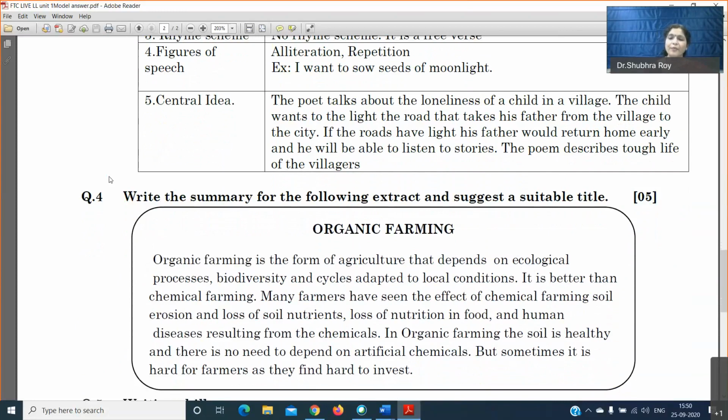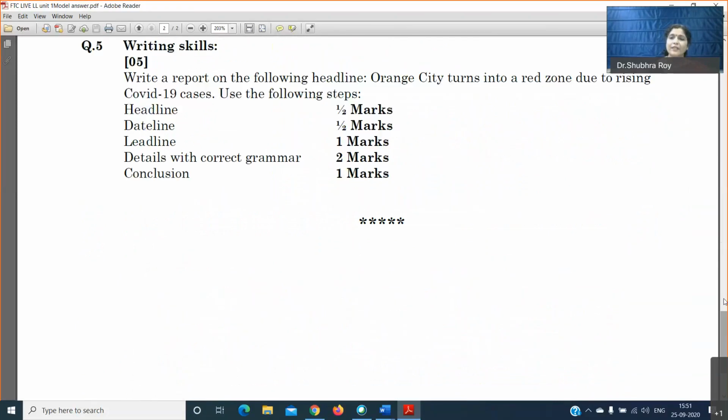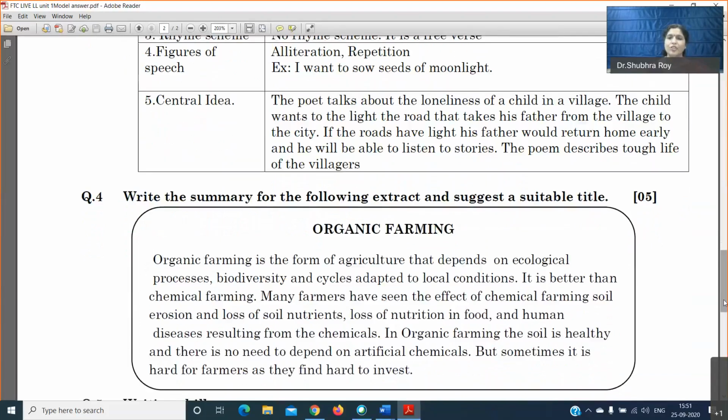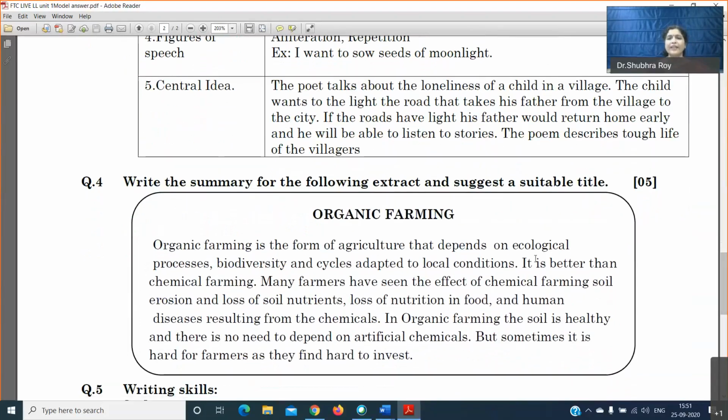The first very important point for summary writing is the title. Okay. See here, what is the title given? The title is a short title, not a very long title, and you will see that the title has been taken from the passage itself. The phrase organic farming has been taken from the passage itself. You may have other titles also, but usually whatever is the central subject, whatever is the hero of the passage, whom we are talking about, that should be the title.